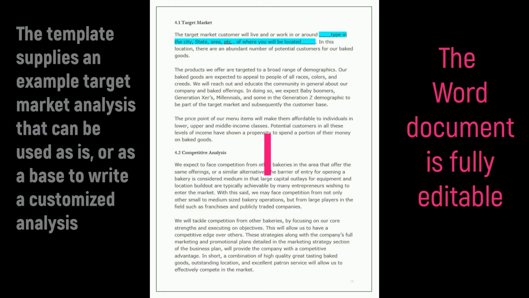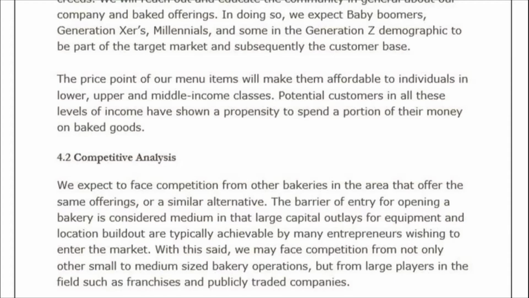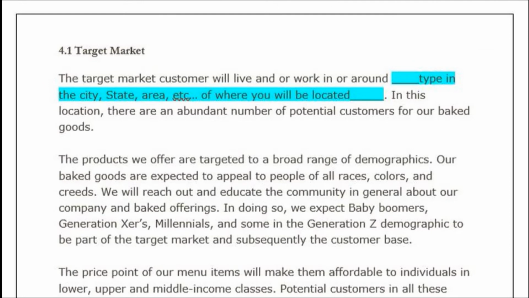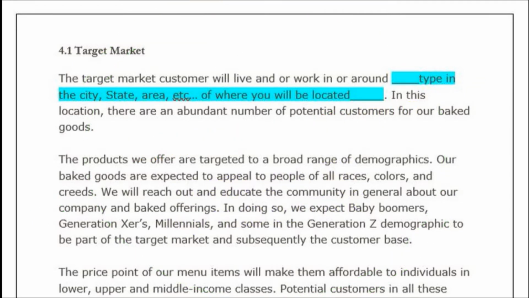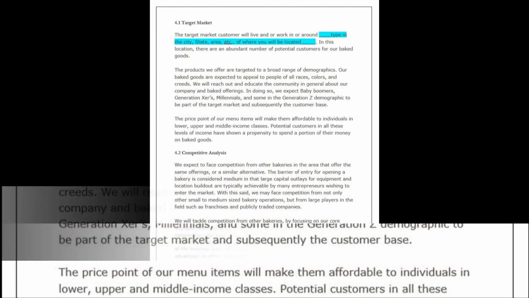If users wish to dig deeper into their target market and add information into the plan, they will be looking for data such as the demographics of the customers the company will be targeting. The results of an internet search for this information can then be pasted into the business plan here in this section. The plug-and-plan template has a blue highlighted space where users can type in the location of their business and